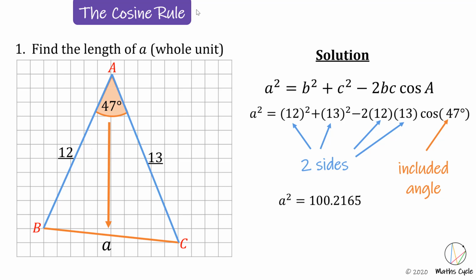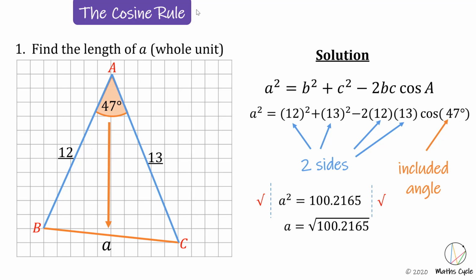And what we're going to do then to find A is use our balancing method. So my A is squared, so what's the reverse of squaring? It's square root, so take the square root on both sides. So square root and square will cancel each other off. So on the left, I have the A that I'm looking for, and on the right, I need to take the square root of